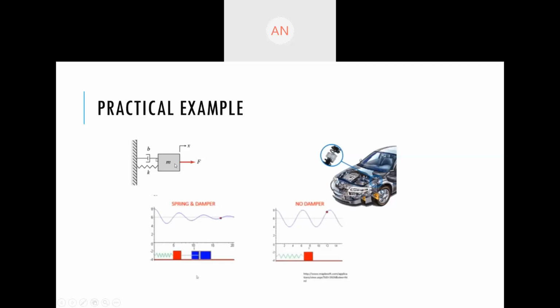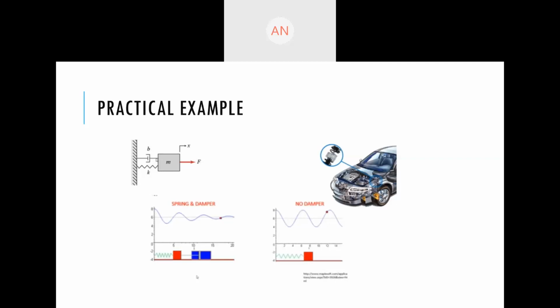Over here, we can see a mass of m. It is attached with a spring with a constant of k, and b, which is a damper constant. Let's forget about the damper constant for a second. Okay, so if there is a mass and a spring, if we apply force on it, it will start moving to and fro, right? As we can see in the vibration profile down there, there's a graph, right? So over there, we can say there is always a constant amplitude. But if we add a damper over here,